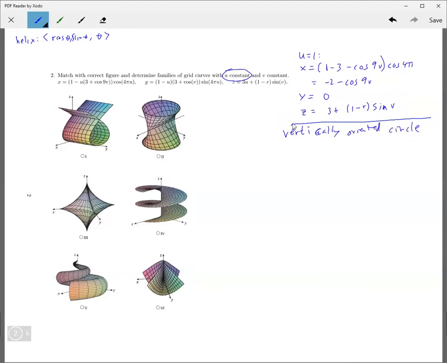Okay, so don't spend too much time. You can guess around on these if you want. It's a vertically oriented circle. Okay, now